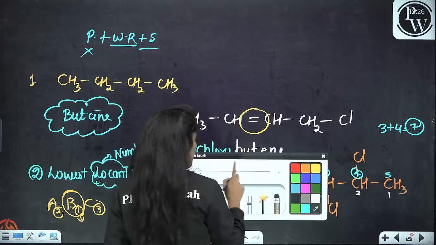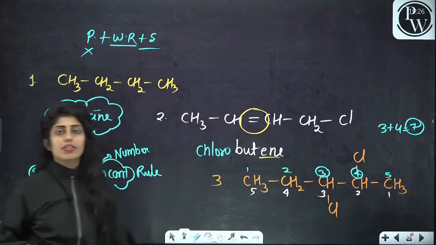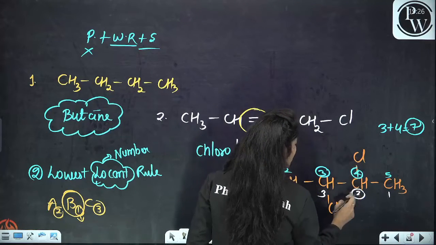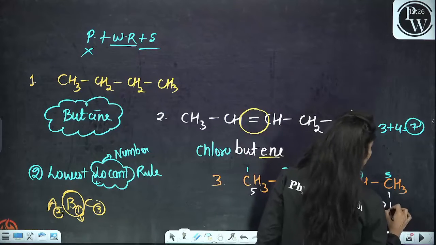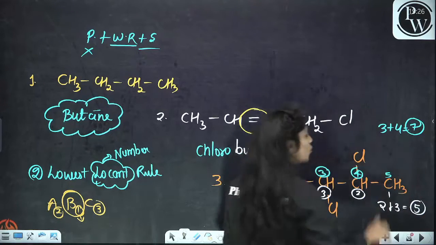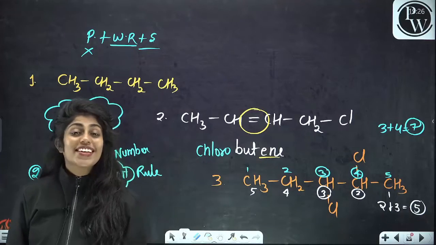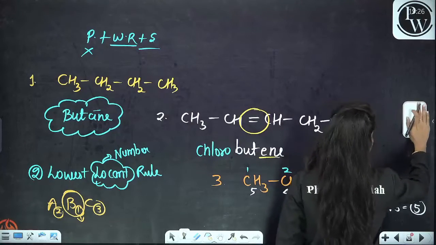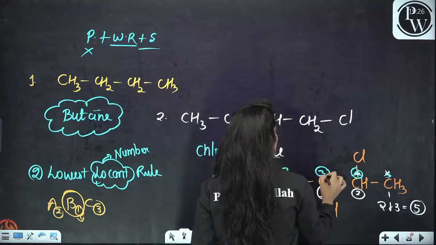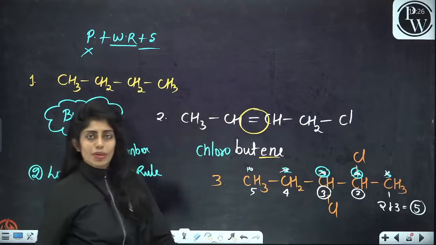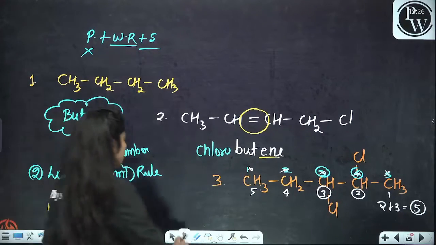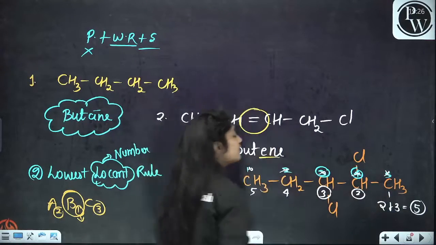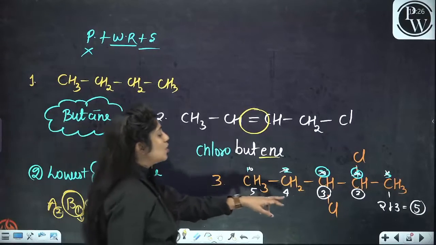Okay, I'm using a different pen for clarity. Here you can see, my dear student, we have Cl at 2. We have Cl at 3. 2 plus 3, that is 5. Let me know which number is lowest, 5 or 7? 7 is highest and 5 is the lowest number. So I am not going to consider this. Cross, cross, cross, cross, cross. Alright, if you have a pencil, you can erase it. Now, what can be the name? I will be taking this number. So we have 2, 3